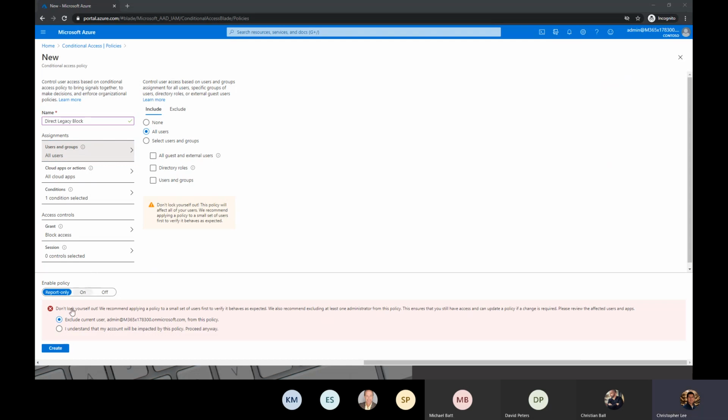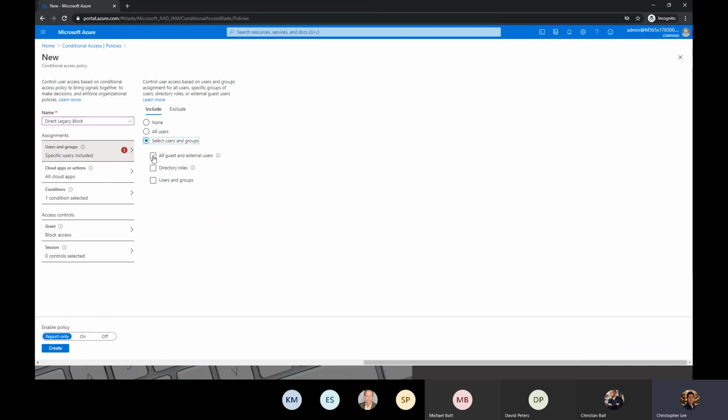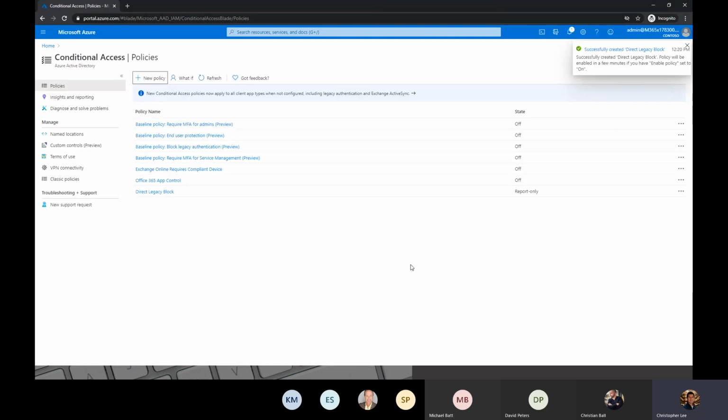But I'm going to go ahead and say, just to make sure I don't lock myself out, I'm going to apply this to all guest users and external users, but you get the idea. I could apply this to all users. Now, an indirect block